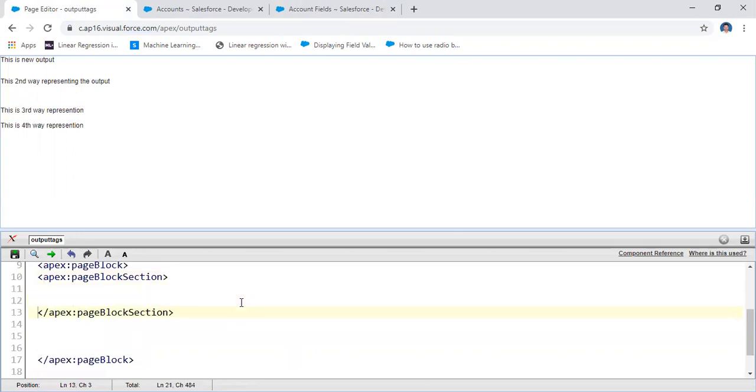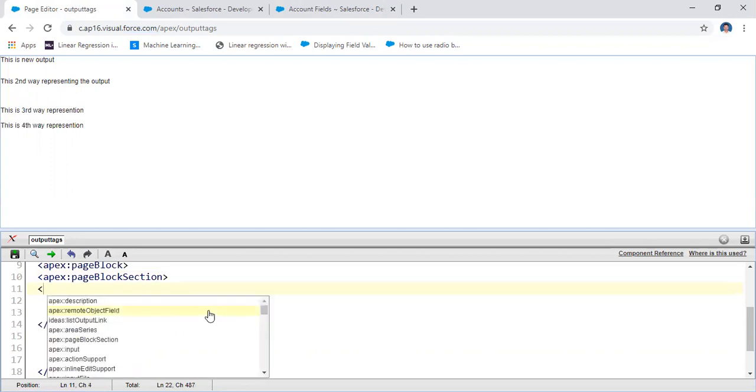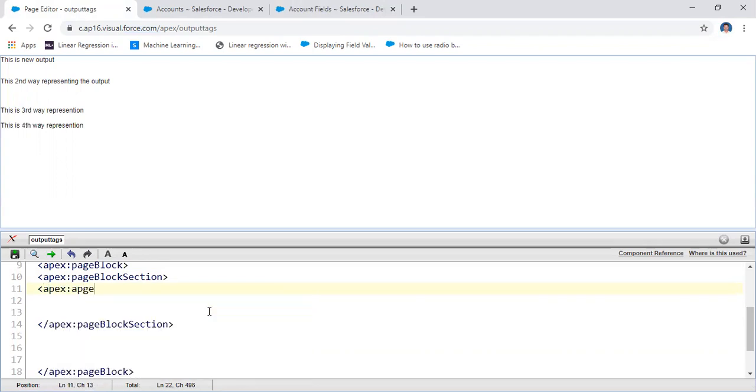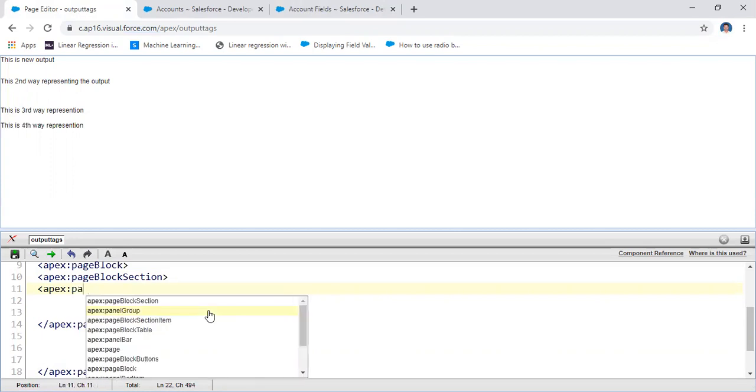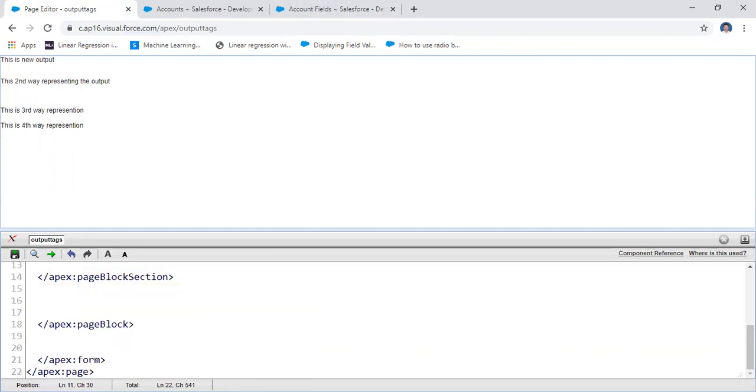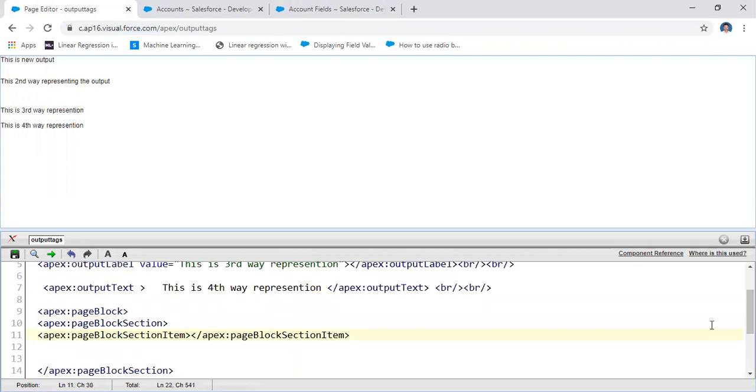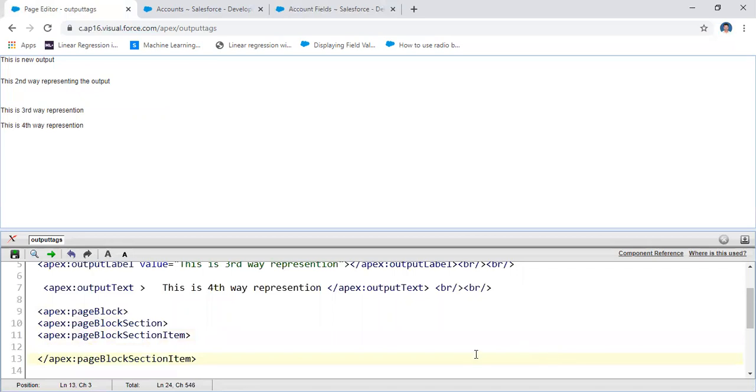Under this page block section, you will write some item, page block item, apex colon page block item. Under this item, you will write the output information.